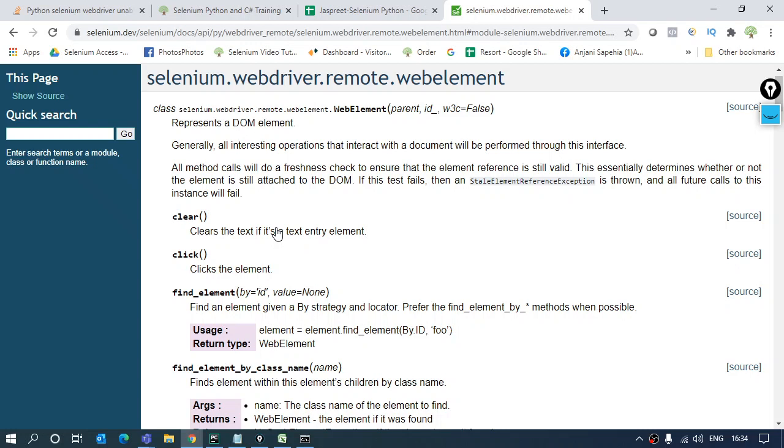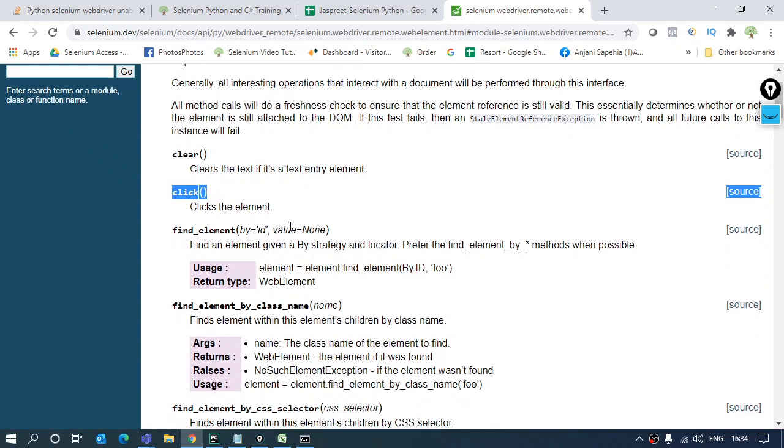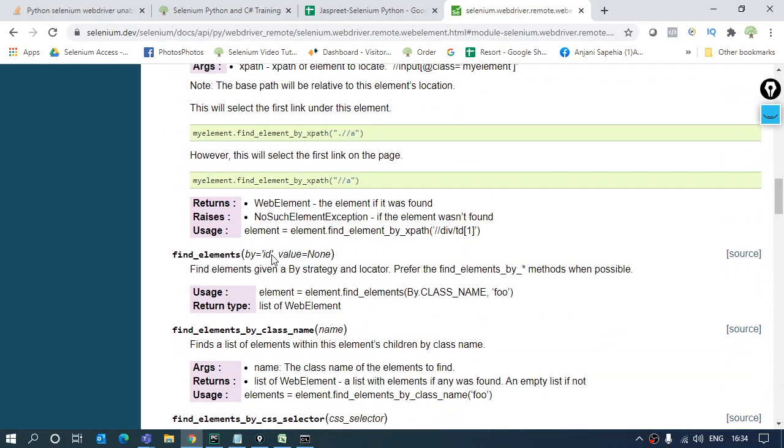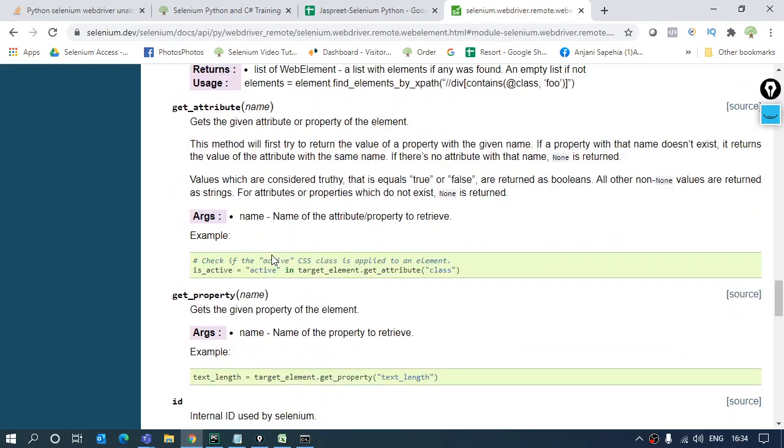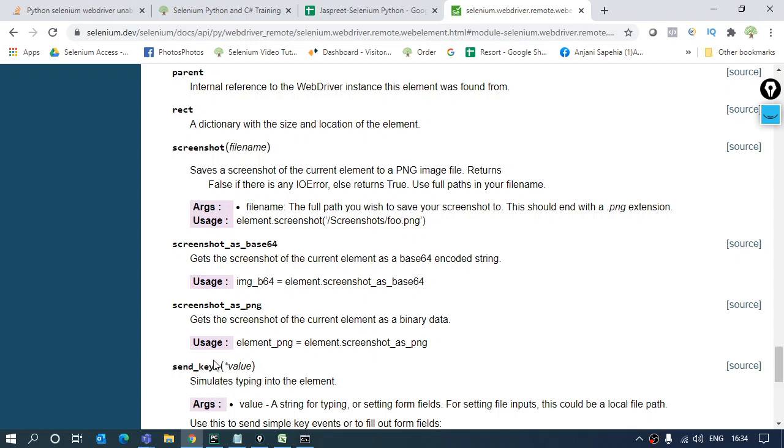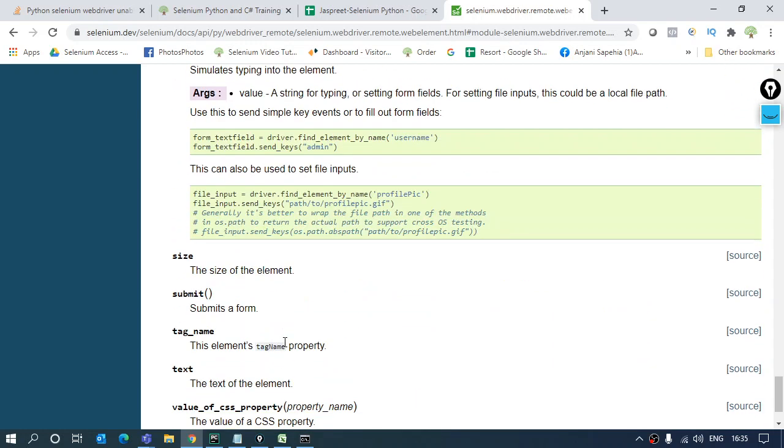Now in this WebElement class you will find every single function that you can perform on any element on any of the browsers, be it Internet Explorer, be it Chrome, be it Opera. You can use these functions on every element that you want. You want to click on some button or link, this click function is there. Somewhere you type into some text box, there is some pre-typed text there and you have to clear that first, then you can write your text. The clear function is here. Likewise, if I have to enter my name into some text box, I have the send keys function. Likewise, I have other functions.